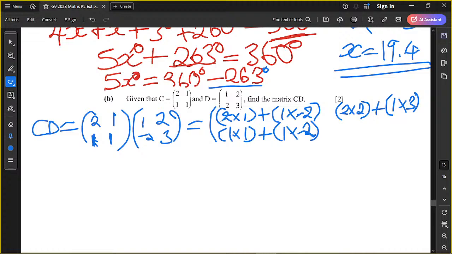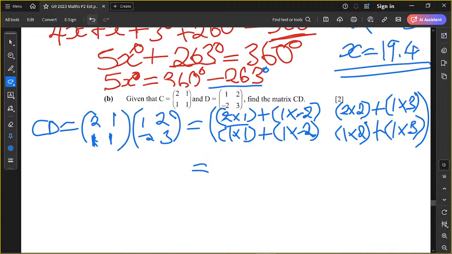Now we multiply the same row by the second column. So we say open bracket 1 by 2, then plus, open bracket 1 by 3, close bracket. Okay, now we close the entire matrix. Then we say is equal to, then we evaluate that. So we say 2 by 1 will give us,